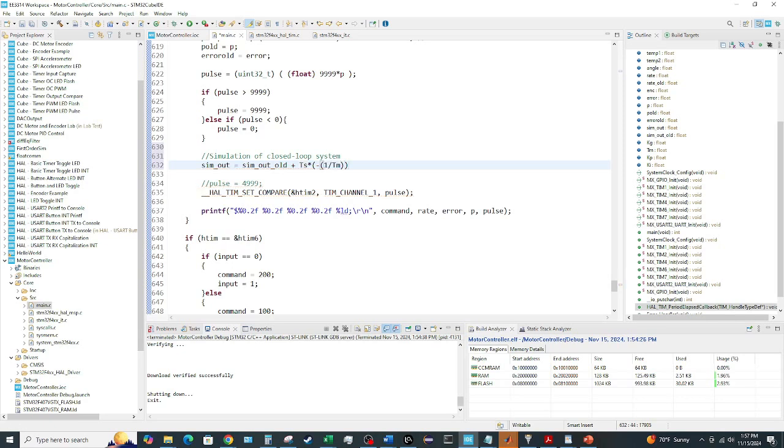This is the state space representation, so it's like our integral estimation, right? Our x is equal to old x plus this simulation time times our x dot. So this will be times sim out